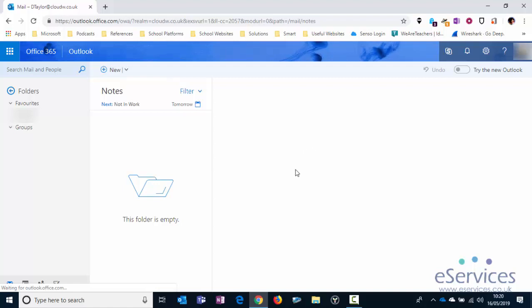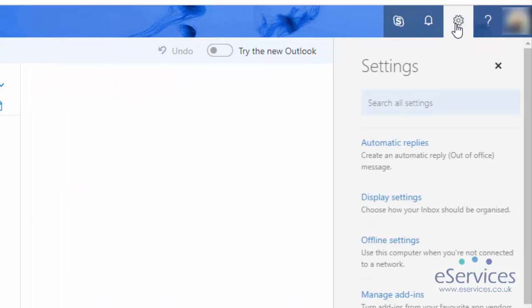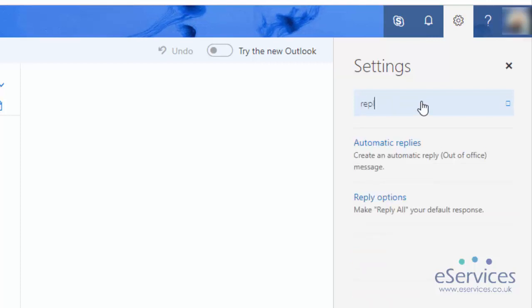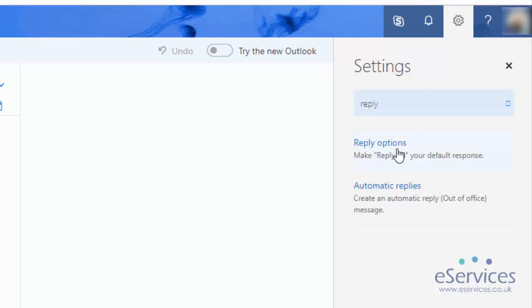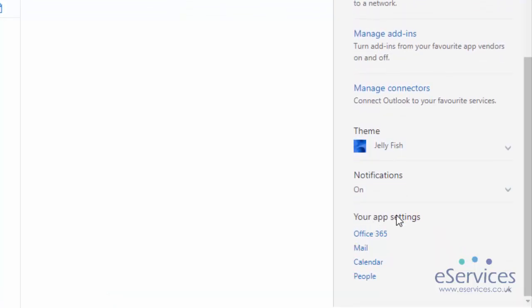To do that, you can log into Office 365 through a web browser and go to your email and click on the gear icon in the top right. Because we have a brilliant search facility here, I can actually in that search type reply and the option will come up. But if you need to know where that is, you can actually go down to your app settings